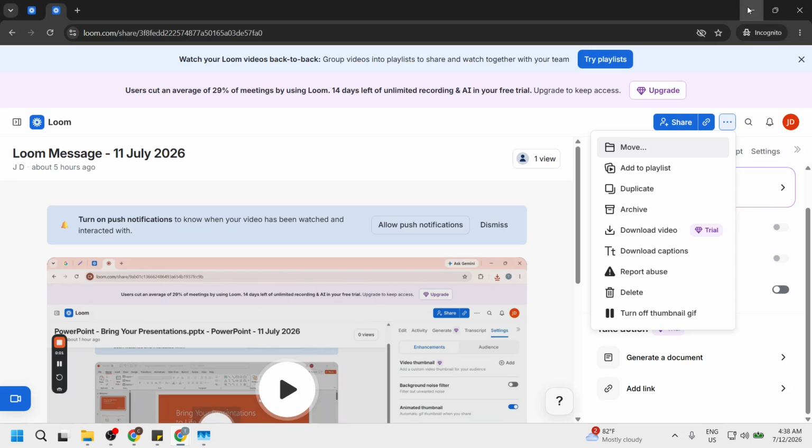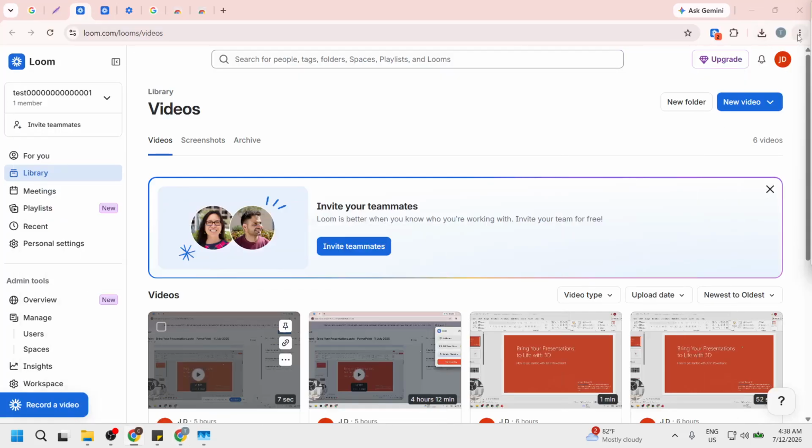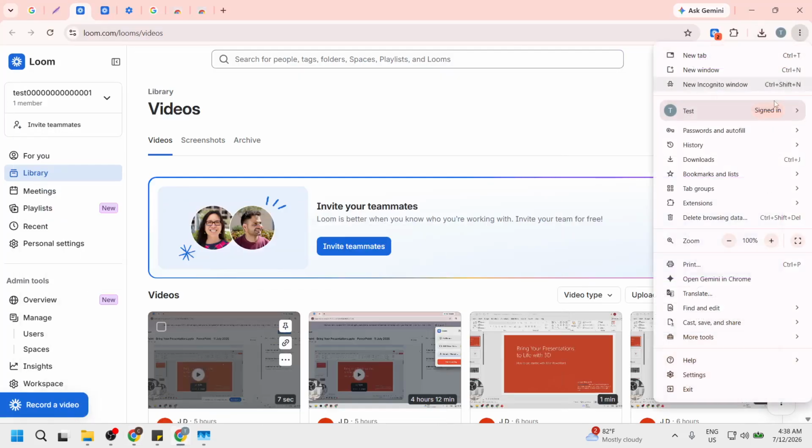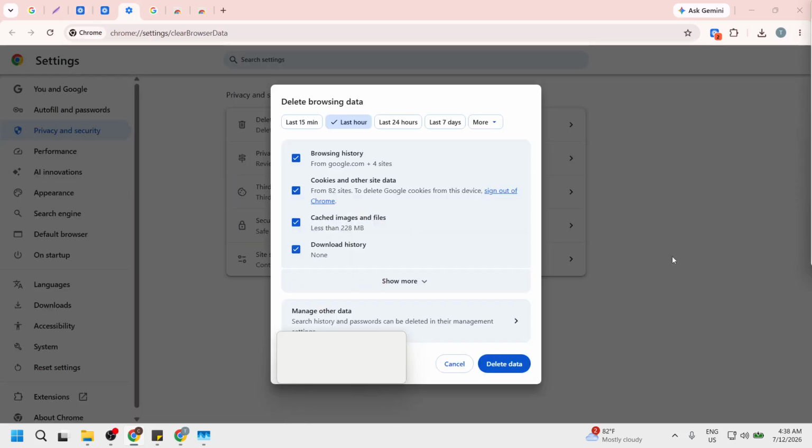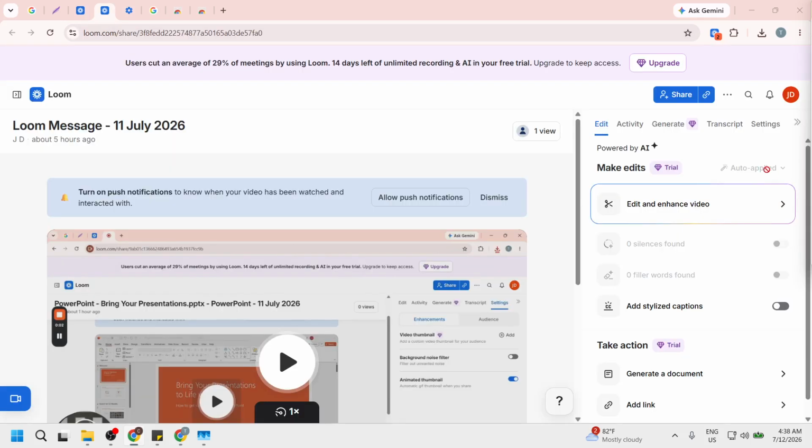If recording works in incognito mode, the next task is to clear your main browser's cookies and disable any conflicting privacy extensions. Cookies can sometimes interfere with website functionality. Navigate to your browser settings to find the option for clearing cookies and site data. Disabling privacy extensions is also vital as they can block Loom from accessing your camera and microphone. This step ensures that Loom can function correctly, and you can start recording without interruptions.